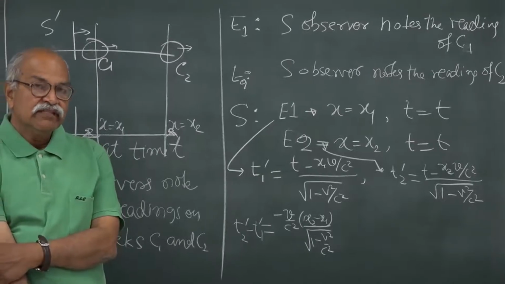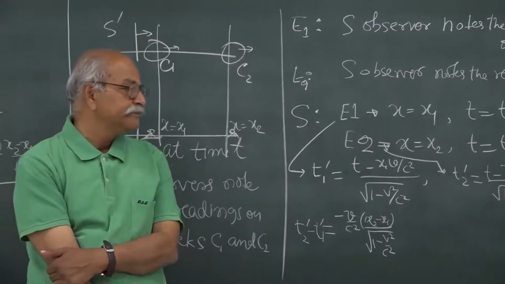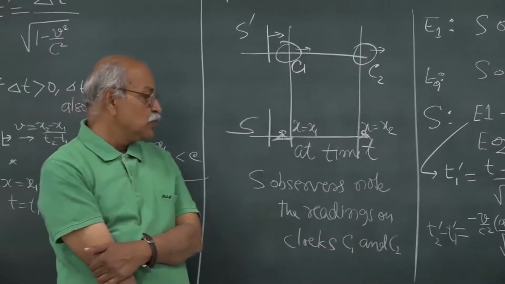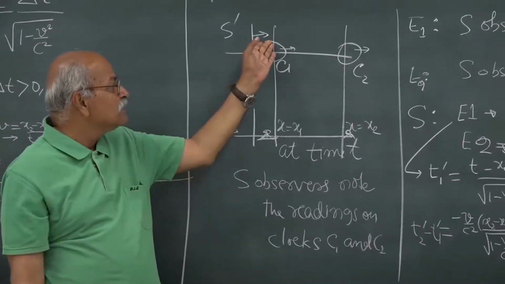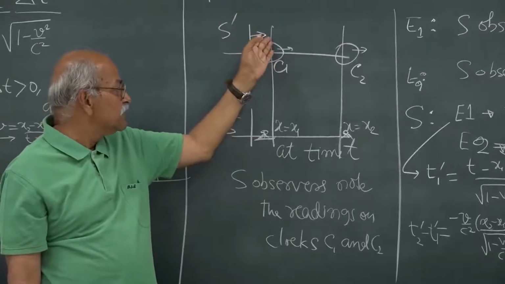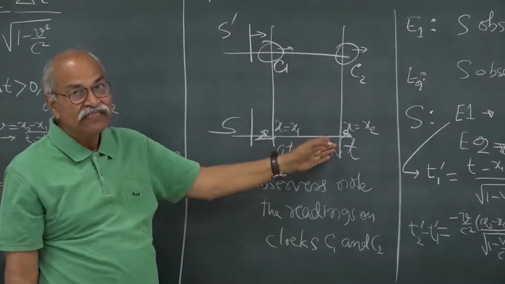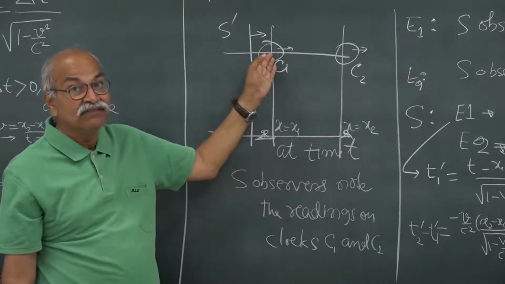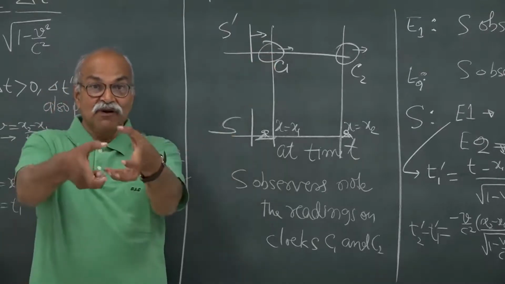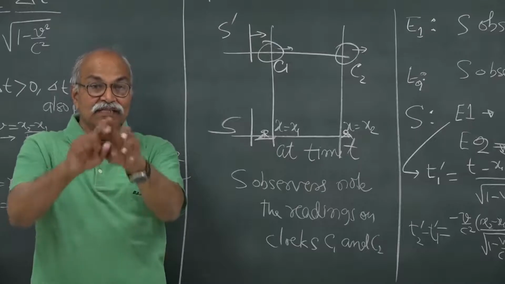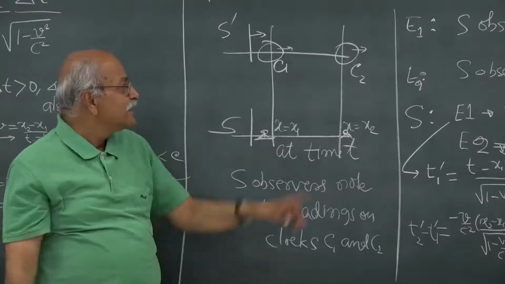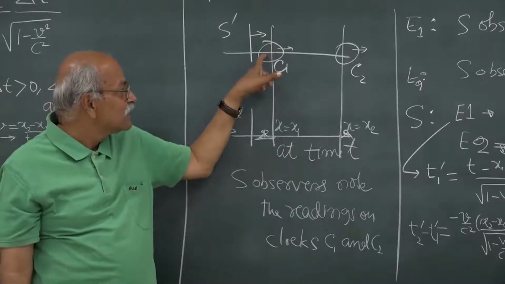So, you see that T1 prime is not equal to T2 prime, and T1 prime and T2 prime are the times observed, noted by these S prime observers, of these two events E1 and E2. So, these are also the clock readings, that is the meaning of a clock. Whatever is the time of an event at a particular location, the clock there must show that time, that is why the clock is there,